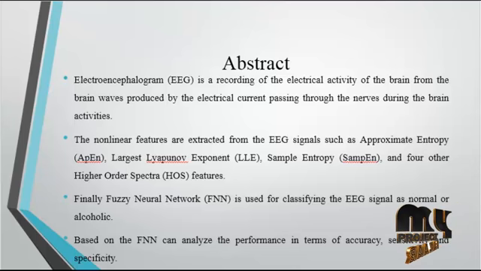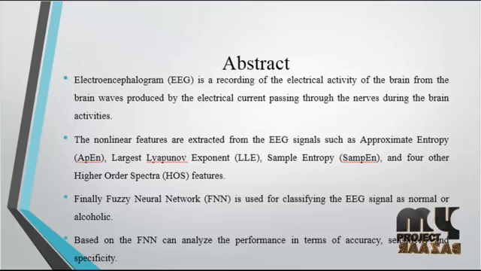The nonlinear features are extracted from the EEG signals, such as approximate entropy (ApEn), largest Lyapunov exponent (LLE), sample entropy (SampEn), and the other features are higher order spectra (HOS) features. Finally, a fuzzy neural network is used for classifying the EEG signals as